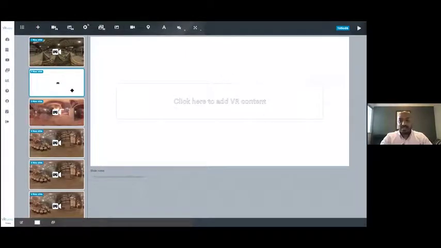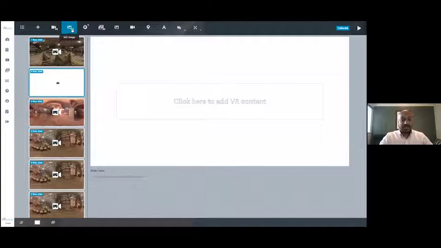So our platform is scene-based. So it's almost like PowerPoint. You add slides and you add scenes and you populate them with content that you've shot using the camera that we provide you with as part of the license, or any content that you can import onto the VRtuoso platform that you had before, whether it's 3D content, 360, 2D. You don't lose anything when you subscribe to VRtuoso. You can reutilize the existing content that you have.